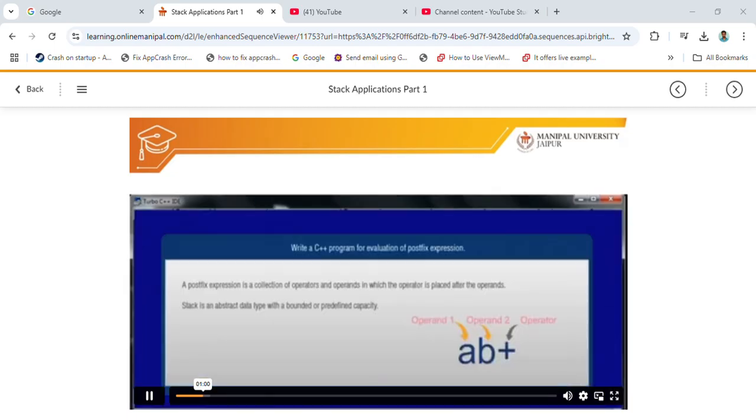A postfix expression is a collection of operators and operands in which the operator is placed after the operands. That means, in a postfix expression, the operator follows the operands. In this program, we use stack data structure to evaluate the postfix expression. Stack is an abstract data type with a bounded or predefined capacity. It is a simple data structure that allows adding and removing elements in a particular order, that is, LIFO or